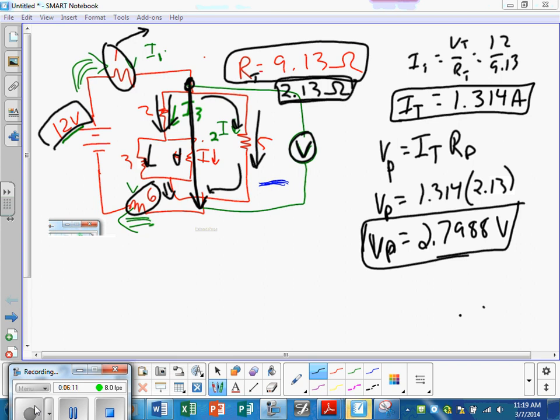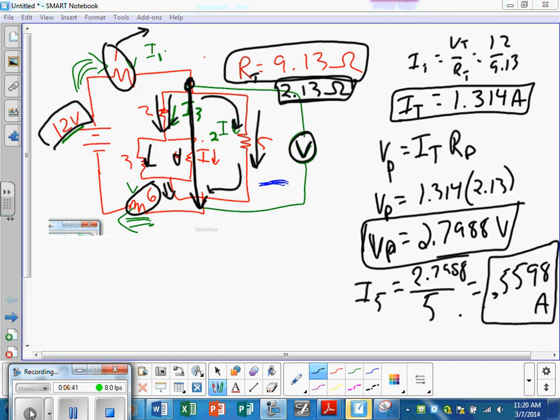Okay, so if I wanted to, I didn't ask for that question, but we might as well. The current through the 5 ohm resistor is 2.7988 divided by 5, or the current is 0.5598 amps. Now I didn't have to do that, but it turns out that that is actually beneficial to me. And the reason why is because